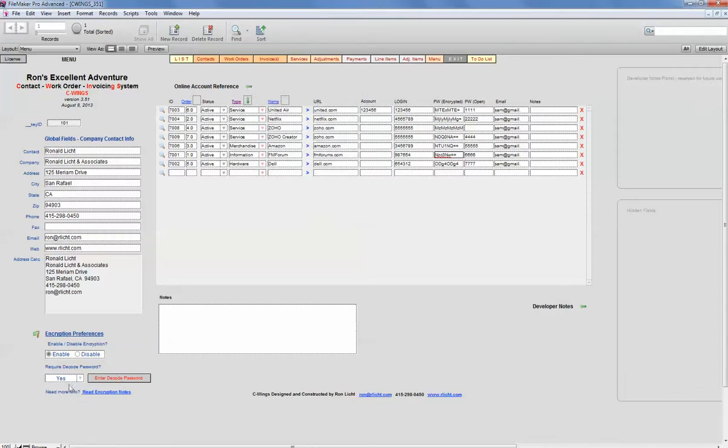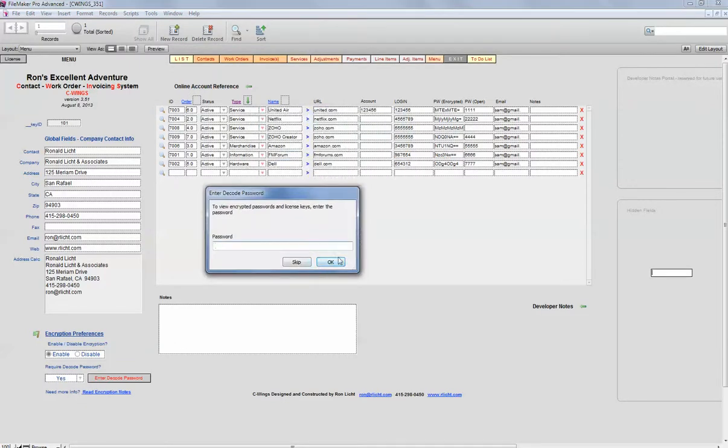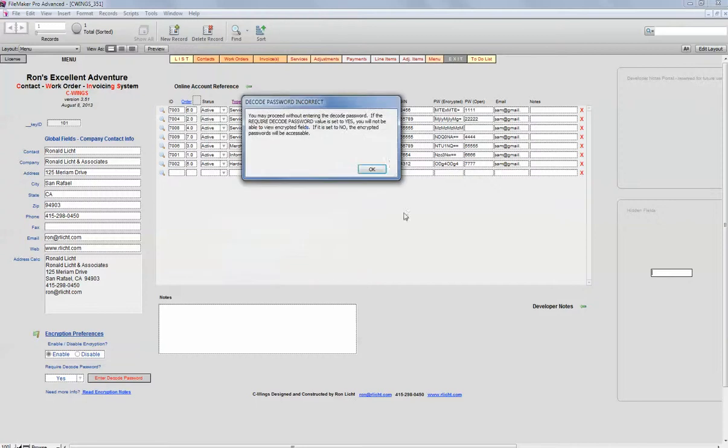So what happens next if the person has broken in and you have enabled and required the decode password and they don't know it? They can't get in. And that's